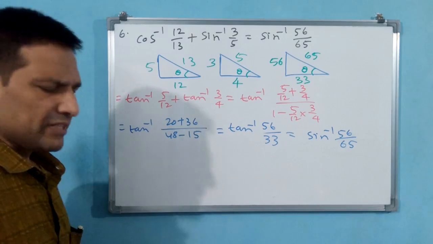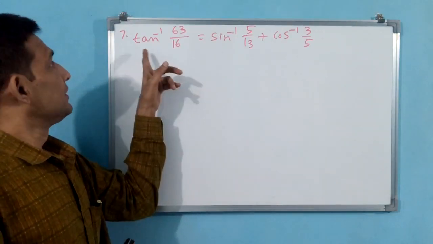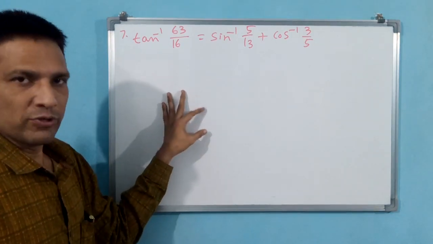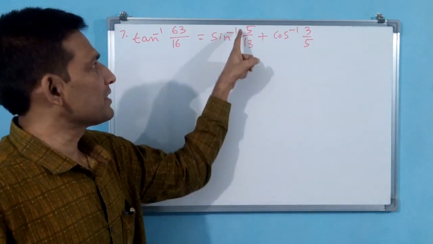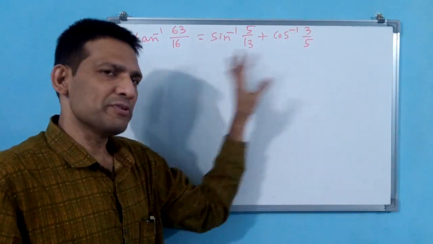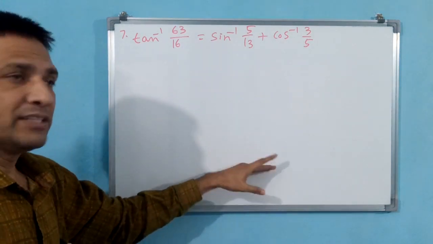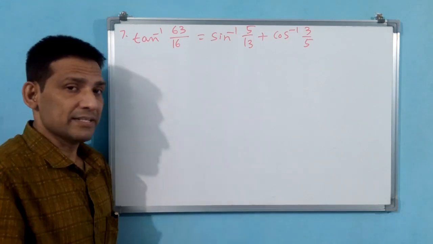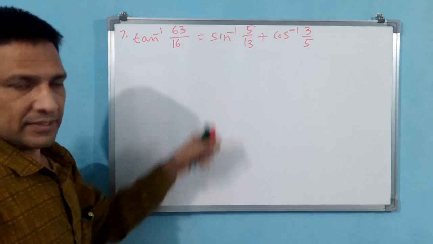Let us go for the 7th question. Okay. See here logically, on one side tan has already been given. You did not convert it to tan, we know. On the other side sin, cos given, but simple. Why? Because 5 13 is there means the other one is 12. 3 5 is there means the other one is 4. Simply you have to convert into tan. We take RHS only. Then in tan form the final result is going to come. We can compare, that's all. RHS is equal to LHS here.